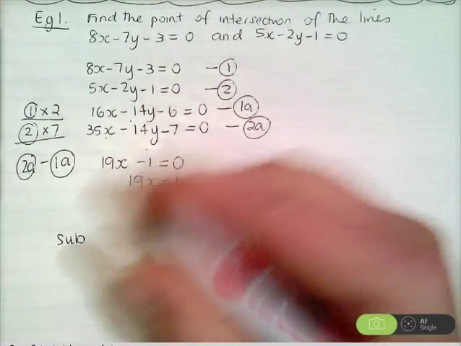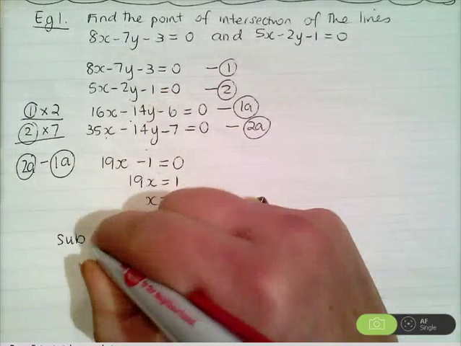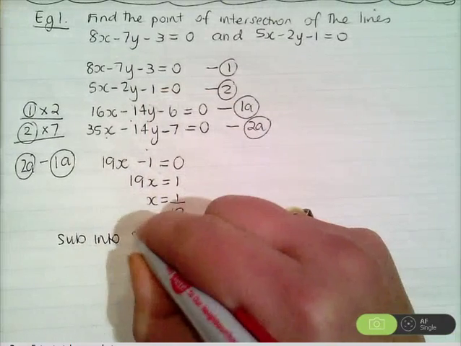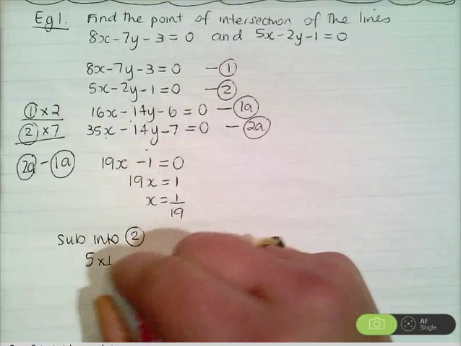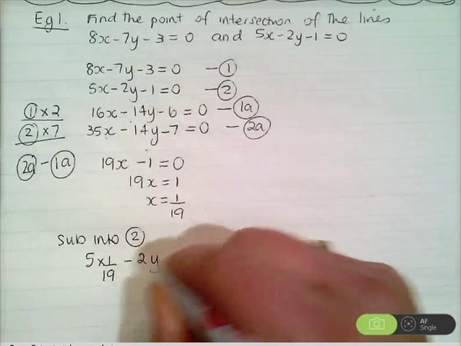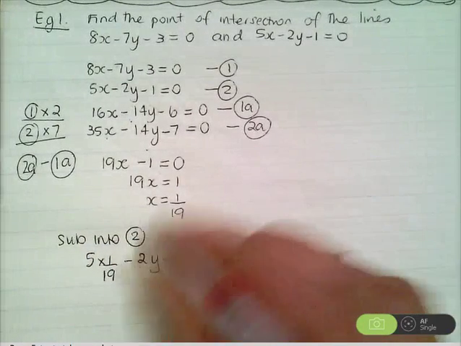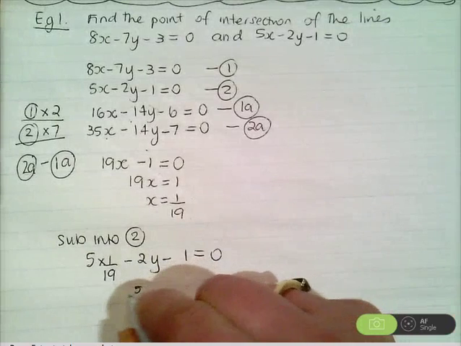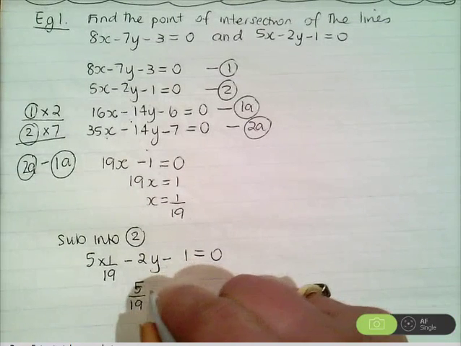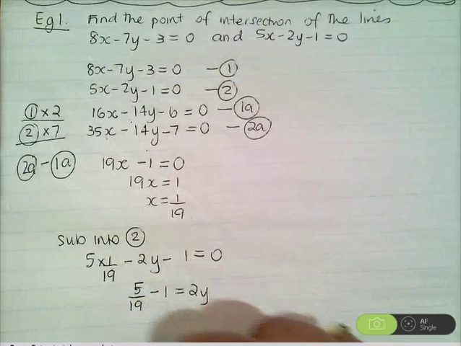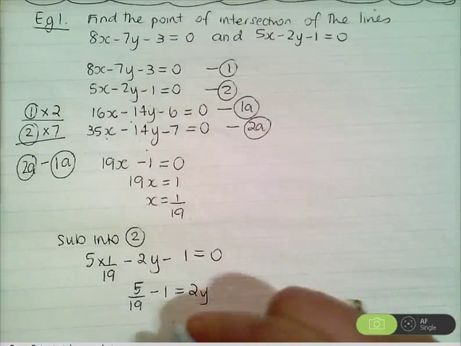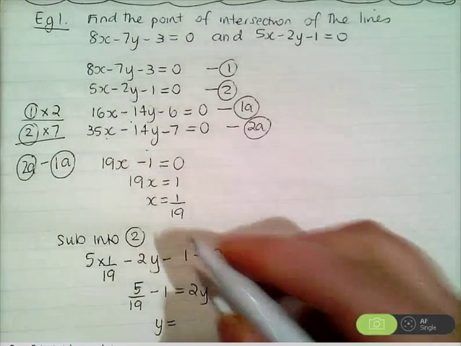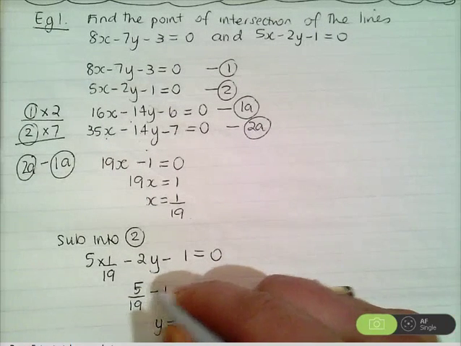I'll just put it into equation, let's try equation 2, so sub into equation 2, I'm going to get 5 times 1 over 19 minus 2y minus 1 equals 0. Let's take this 2y to the other side. We'll get 5 on 19 minus 1 equals 2y. Now y will be, so we've got 5 over 19 minus 1,